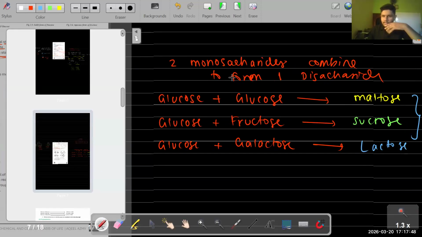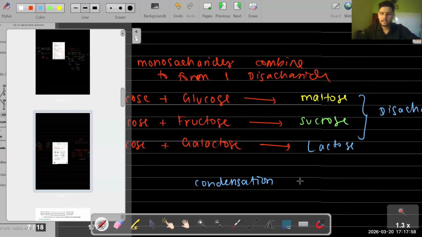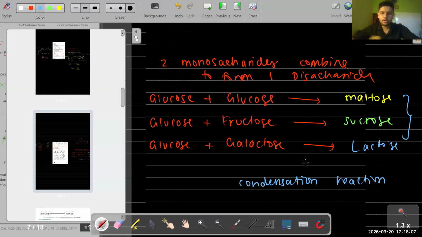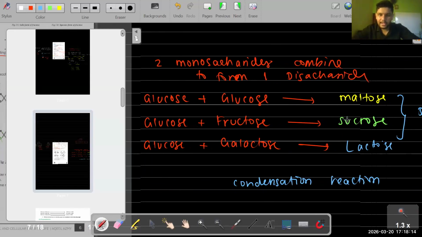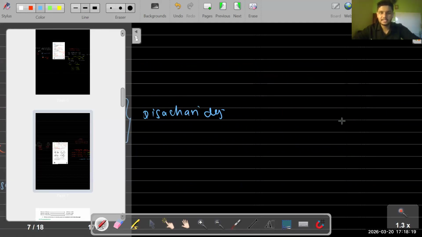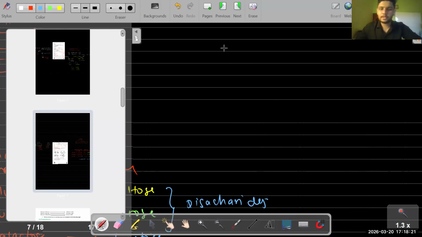But you might ask how. This type of reaction is called a condensation reaction. During this reaction, what happens is this: I have given this in words, glucose and maltose, literally. Now we'll write this in chemical terms using elements. If we write in elemental form, it will look like this: